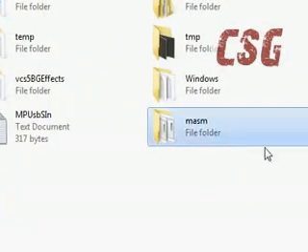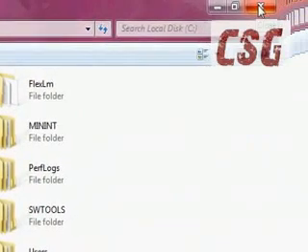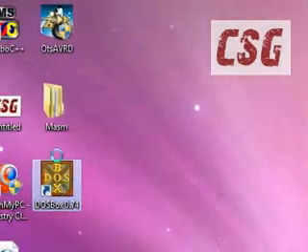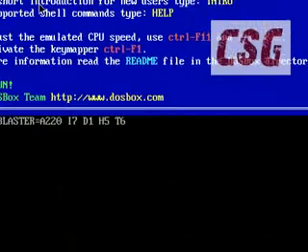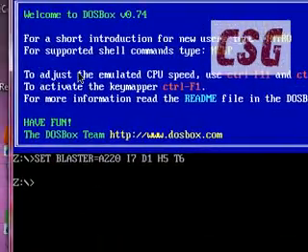Okay, so here we got Magemm pasted. That's it from here. Now the next thing that you have to do is start the DOSBox. So here we got DOSBox started.